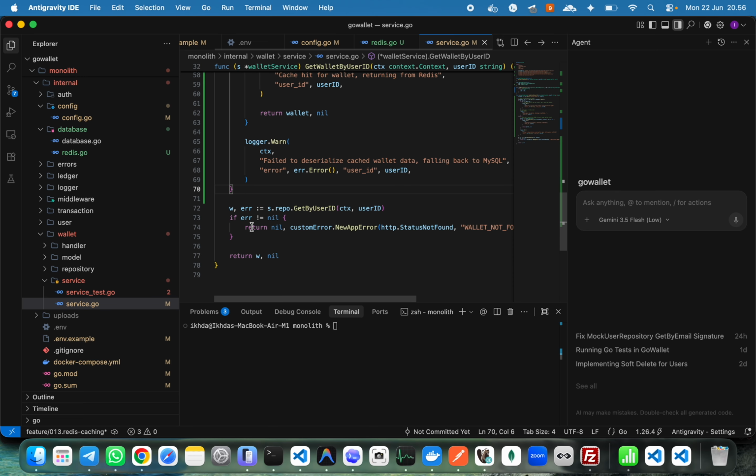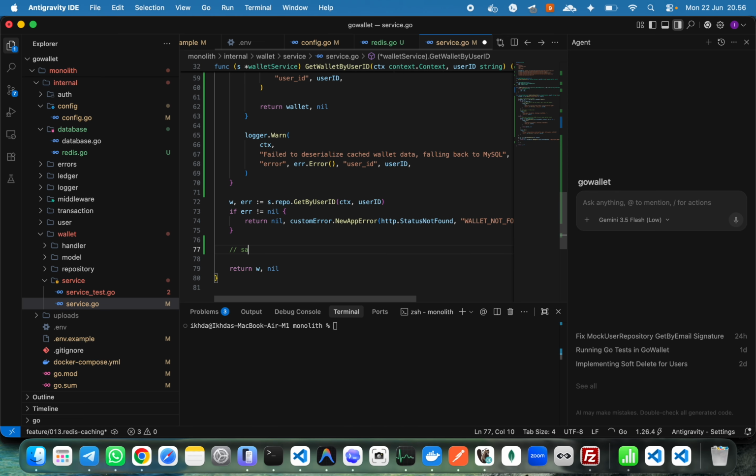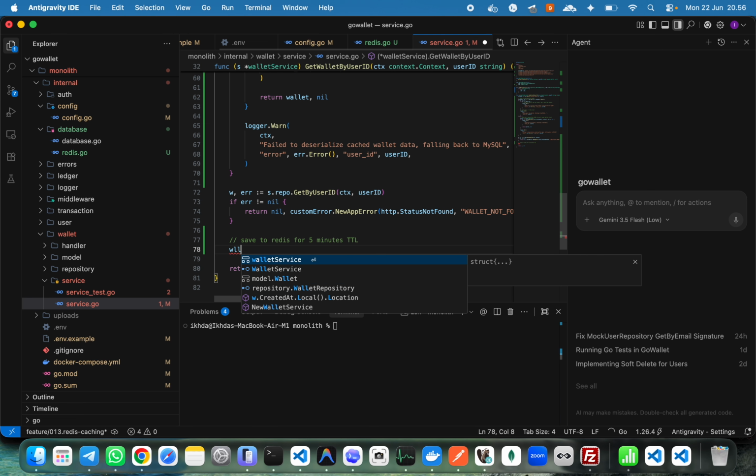And then the other is wallet error as repo get user by ID and if error return wallet not found, and then we add more, which is save to Redis for 5 minutes TTL for now. And what we wallets byte